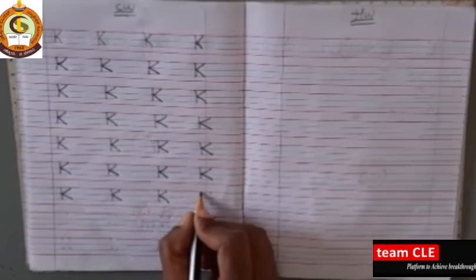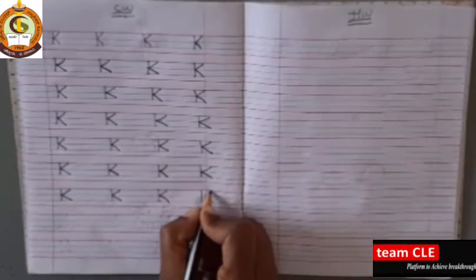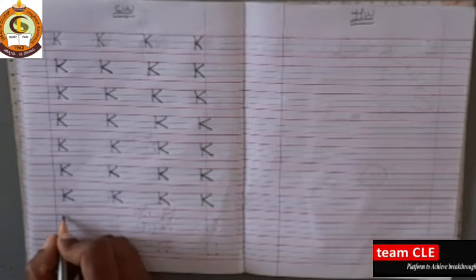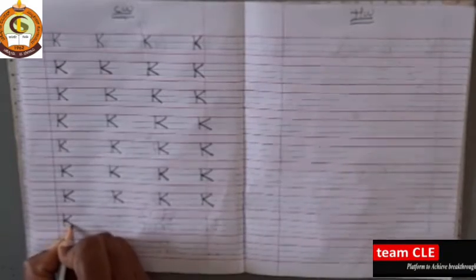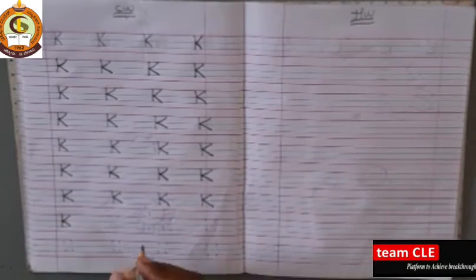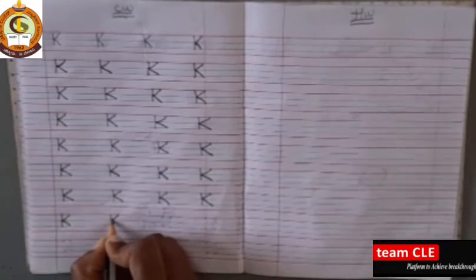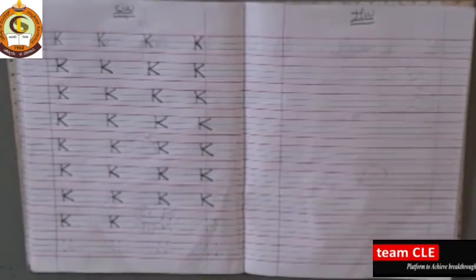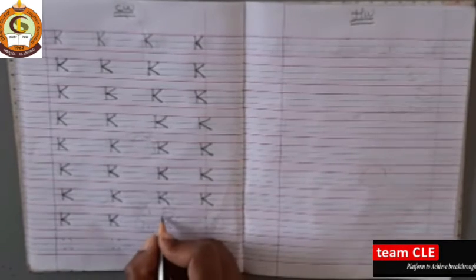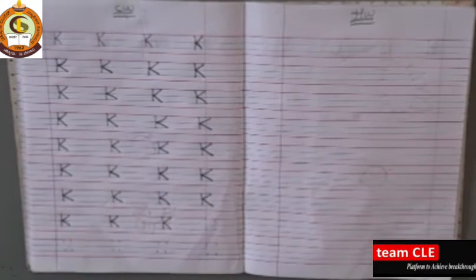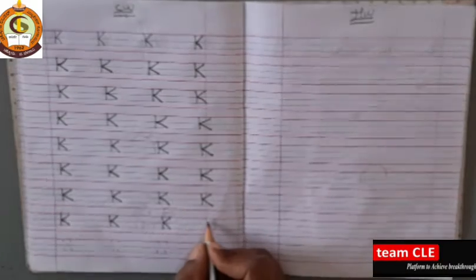K for kangaroo. Standing line, slanting line, slanting line. K for kite. K for king. K for king. K for kite.